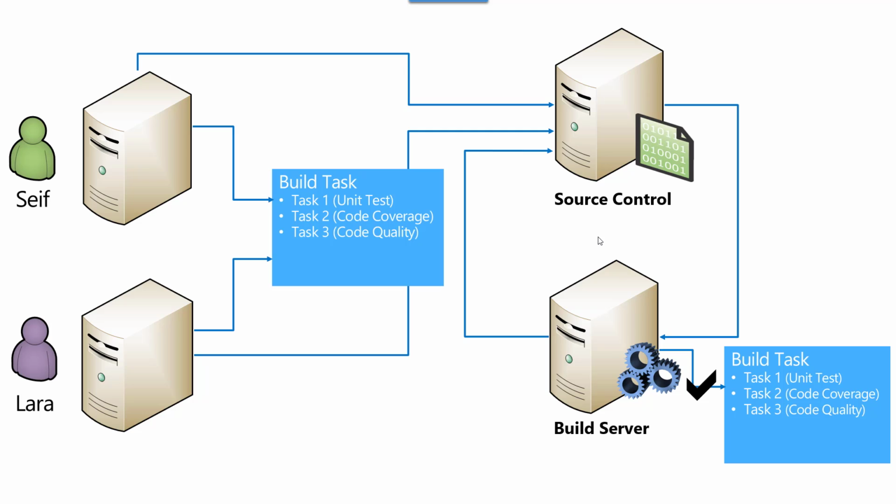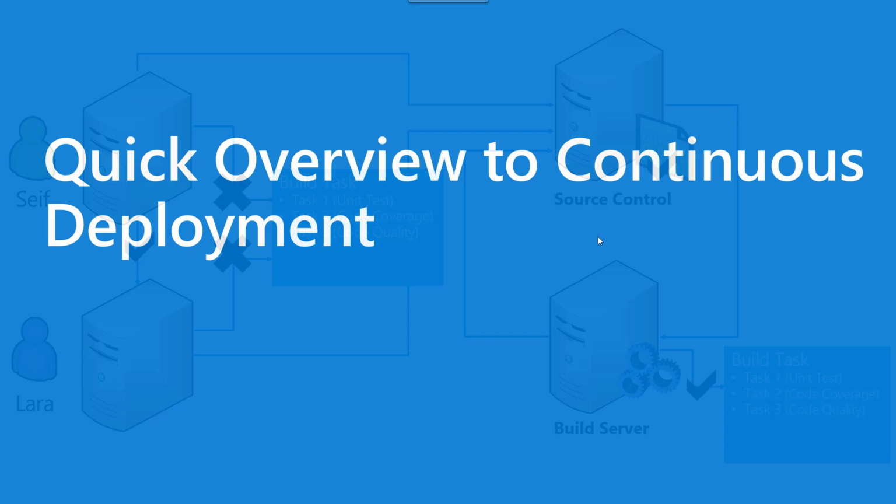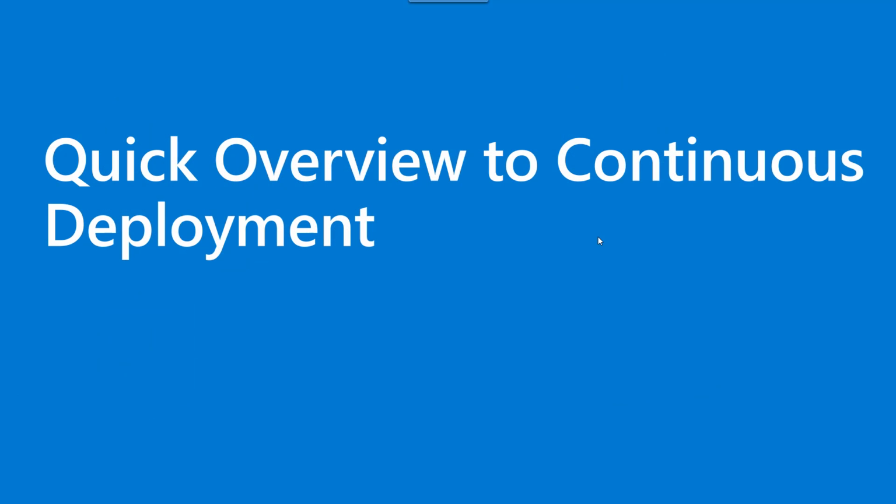This is why, if any one of them or both of them run or not, I don't care, because at the end, my source code is guarded by the build server. The build server works as a safeguard for the repository, for the source code, and my source code is always integrated according to my specification about the code. So let's have a quick overview of continuous deployment.